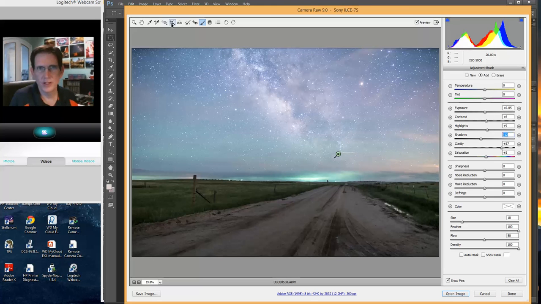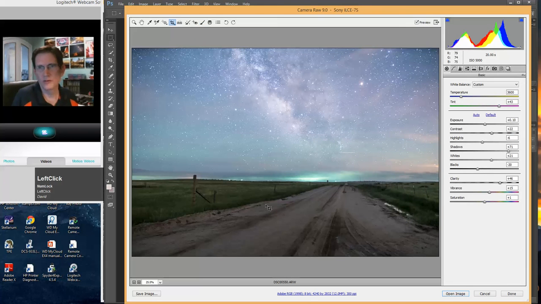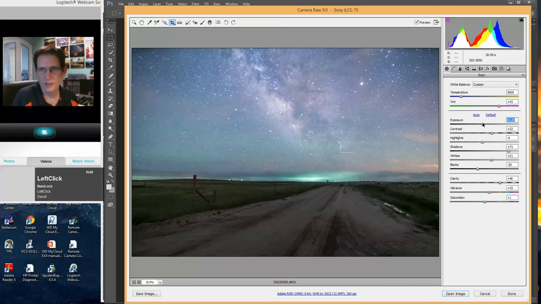Might want to go back now to the basic adjustment. Boy, this sure seems bright for a nighttime Milky Way shot. What will happen if we bring down the exposure of the whole thing just a little bit? Just a little bit. Yeah, it's starting to look more like a nighttime scene, but I still like this foreground here, so I'm going to bring out the shadows even more. So now it's looking more like a nighttime scene,